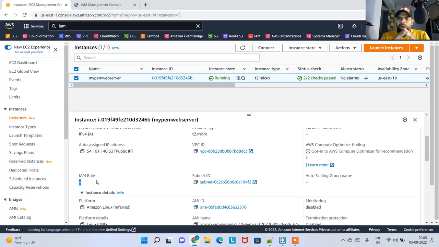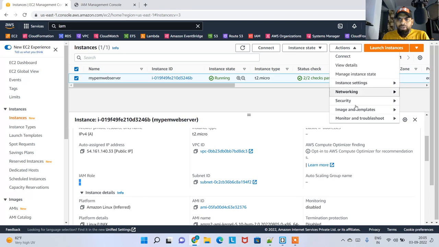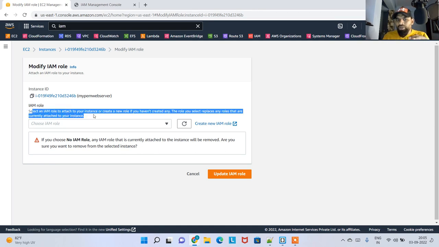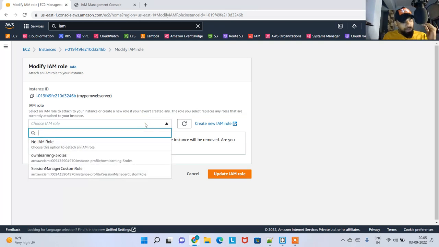Now I want you to see that when you click on actions, and then click on security and click on modify IAM role, here it says select an IAM role to attach to your instance, or create a new role if you haven't created any. Now if you remember, we already created a role and we assigned a policy onto that role. The policy is something about SSM. Okay, so when you click on this, there is something called,